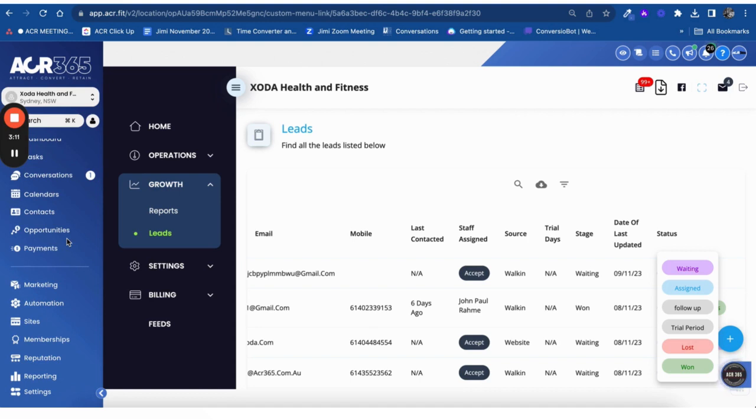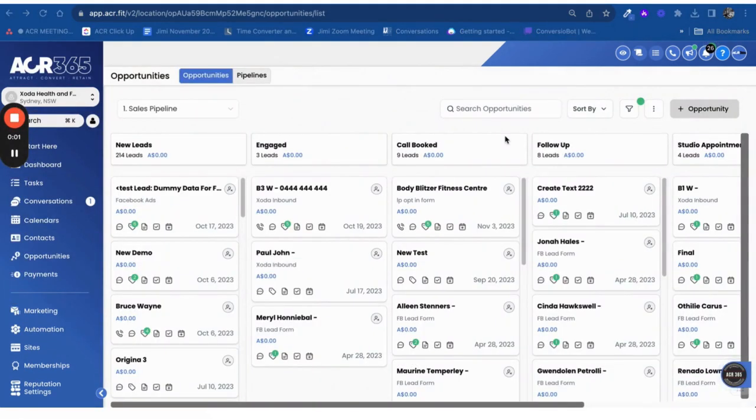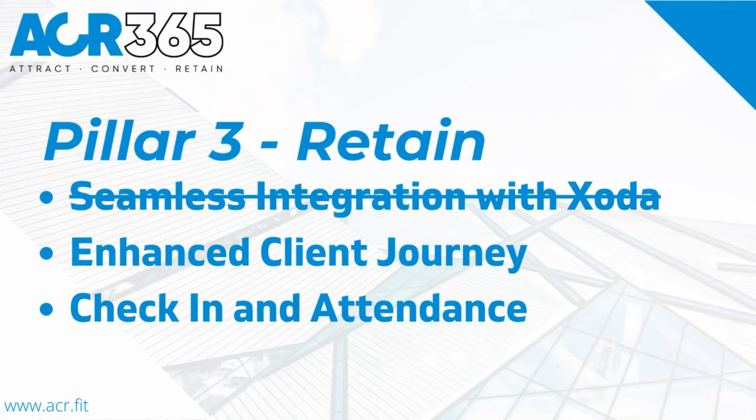And you can see how we can really enhance the experience when they are coming into a trial period, and they can go into the classes, book using the members app, and then they're going to have all the automations behind it. But the idea is that you want to have your membership CRM system seamlessly integrated with your marketing system, so that you don't have to double enter when it comes to your administration. The ACR platform is seamlessly integrated with the Zola platform, which manages your